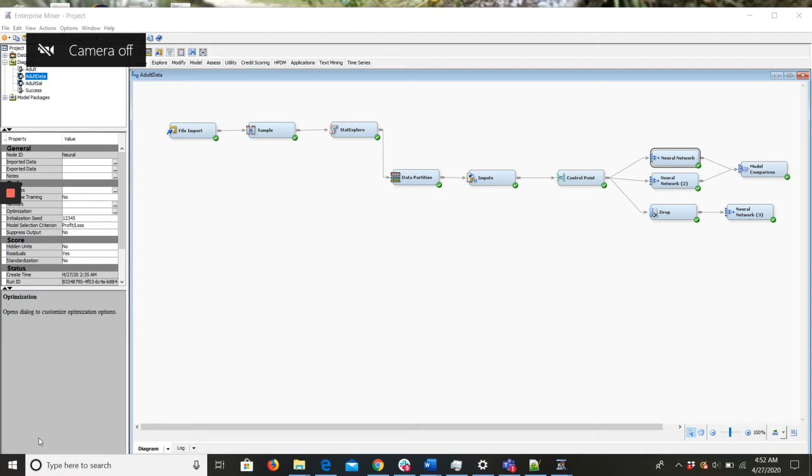So first, I'm going to import my data set. My data set predicts whether a person makes over 50K a year or not based on certain input variables like age, work class, if the person is a private employee, self-employed, etc., education, and so on. So I first import the data set using the file import option. My data set holds more than 30K records.